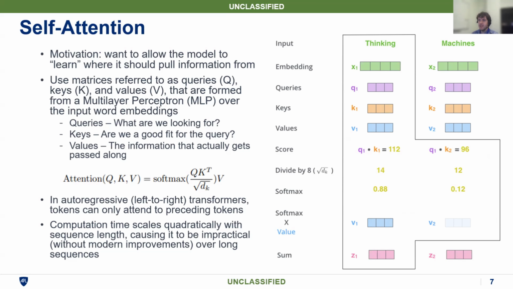Computation time scales quadratically with sequence length, which is the big issue and why we need to be more clever in information retrieval than just sticking everything into a transformer and having it choose what information it should be looking at for a given document. That works for short documents, but as the context length gets longer, even if the model is technically capable of having a 100-page context length, it's going to be really hampered by the number of heads it has.